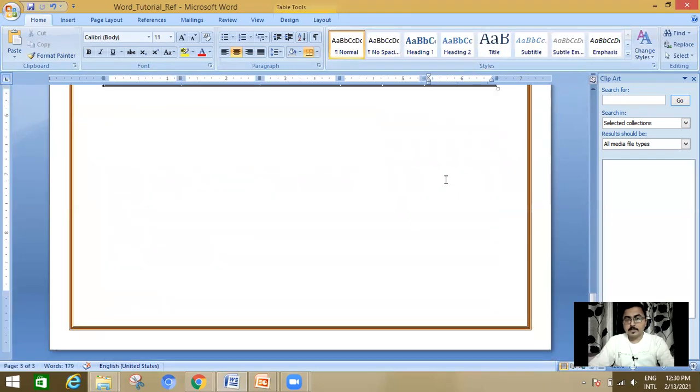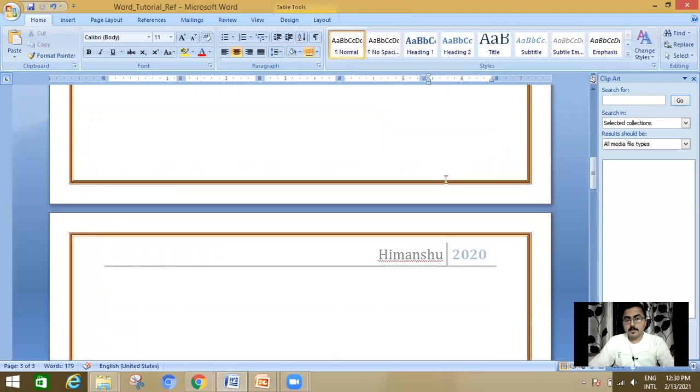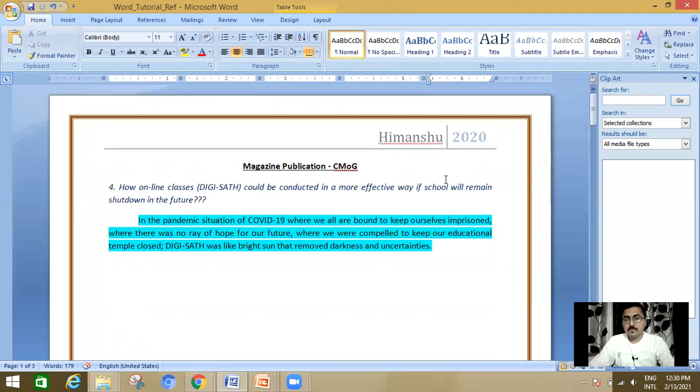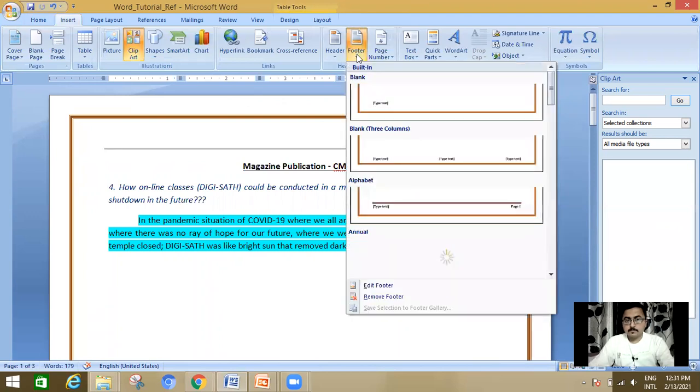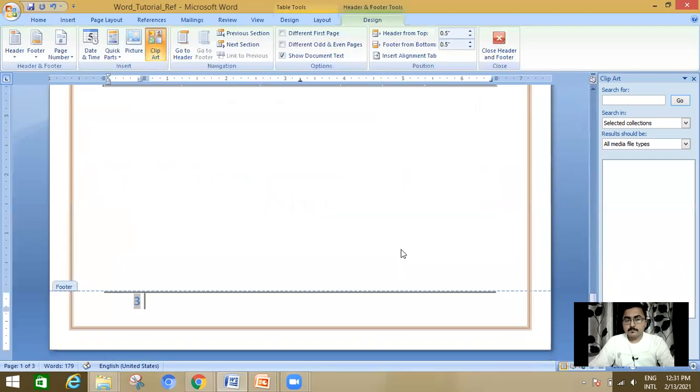The second page, another page, the previous page, you will see. The same thing can be done with your footer. Go to the Insert tab. In the header and footer section, click on footer. Choose a particular design and change the data as per your need.